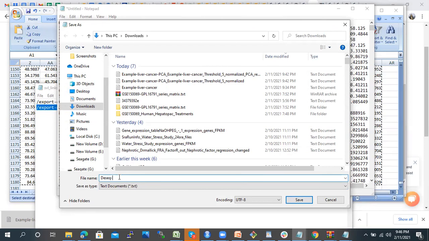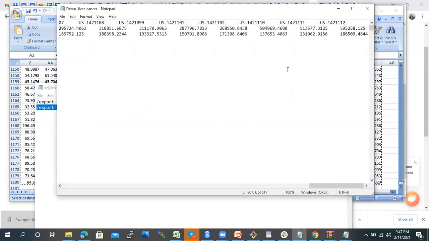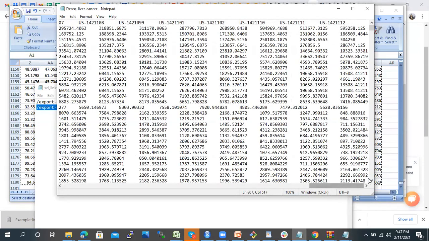That is Welch t-test, if you have unpaired samples. If you have paired samples, then you can apply Wilcoxon. So you should have that kind of information, which kind of test you can apply on which kind of data, right? So I'm taking an example, this is DESeq liver cancer. So once we save this file, read count values. So let me just make sure of another thing here.